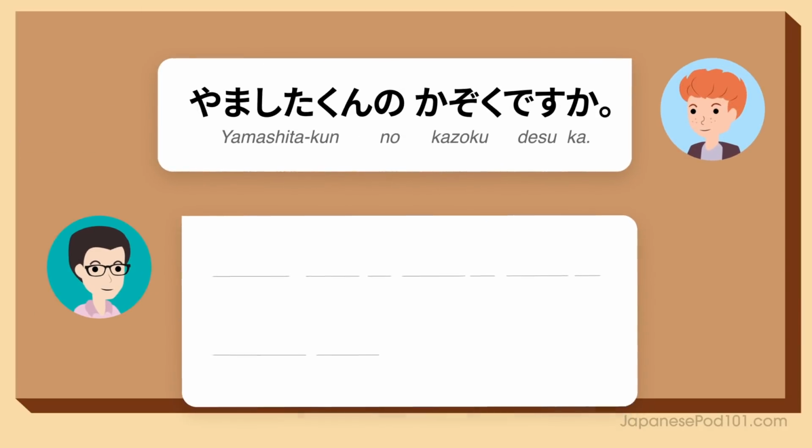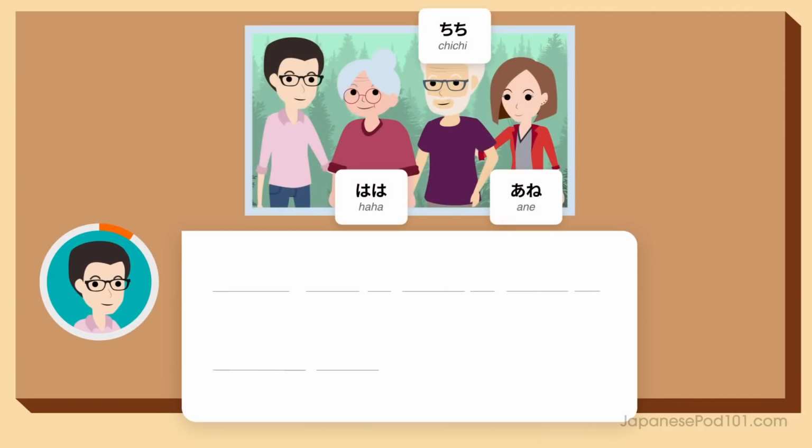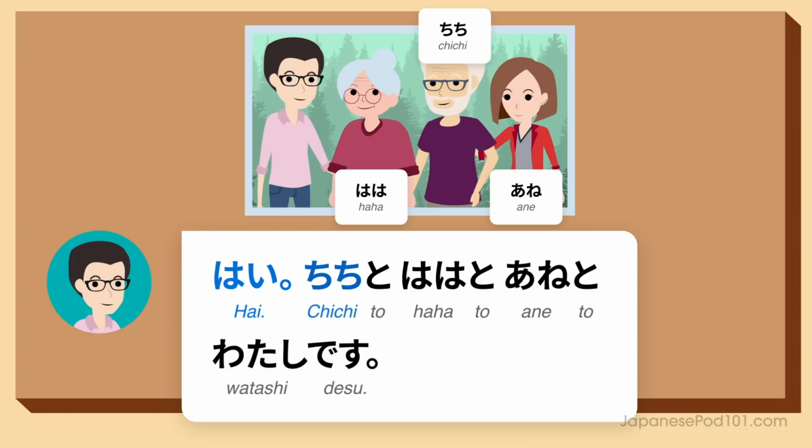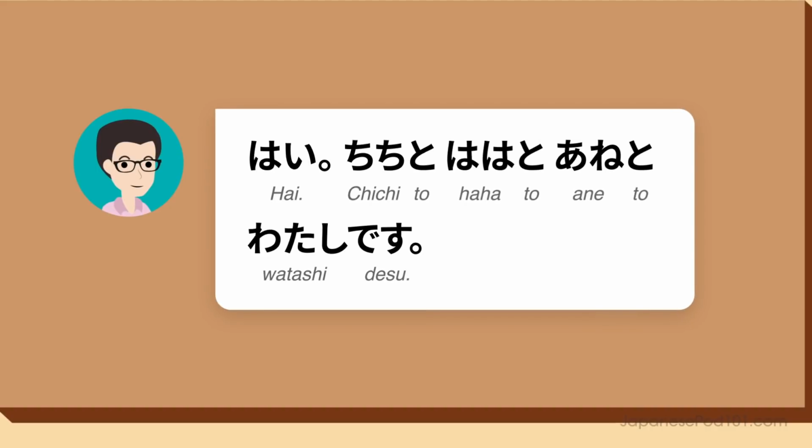Ready? 山下くんの家族ですか？ はい、父と母と姉と私です。 Listen again and repeat. はい、父と母と姉と私です。